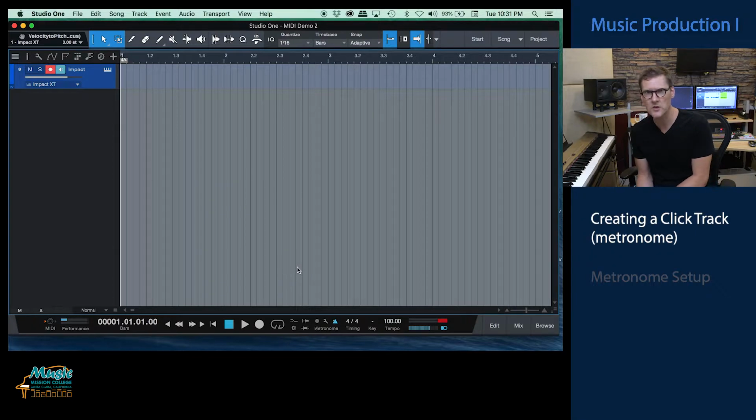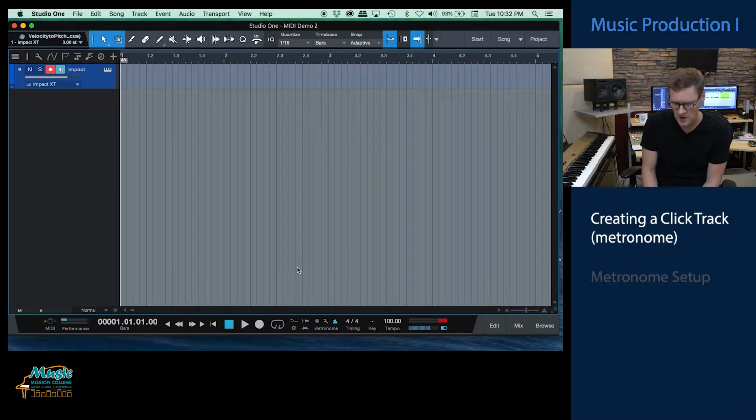What we're going to do eventually is use features that are really helpful with MIDI, things like quantization, copying and pasting, duplicating sections. And in order for that to work properly, we have to be on the grid. And I think actually I'm going to do an entire video that's just all about on the grid. But basically what it means is that we establish a tempo, and then we play to that tempo, and we can then move notes around so that they line up with the grid lines on our timeline here in Studio